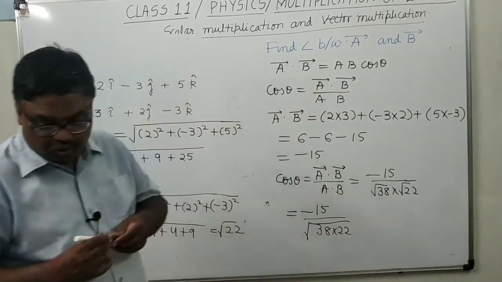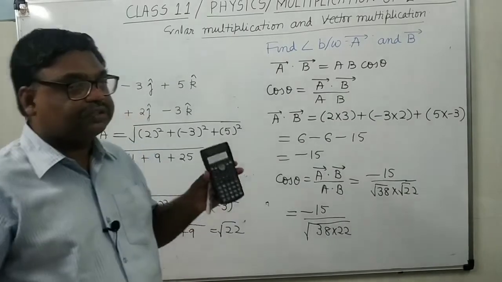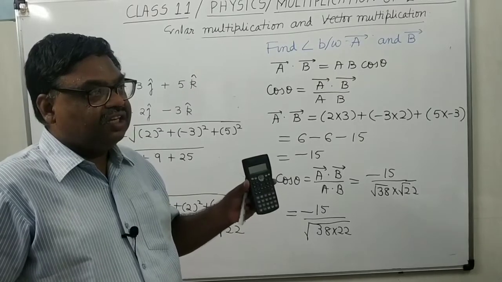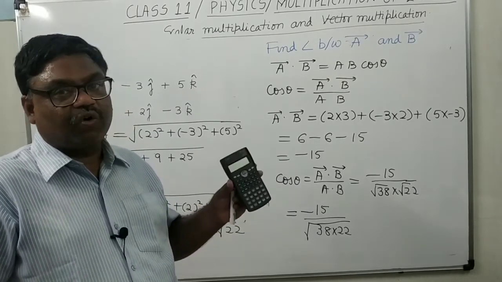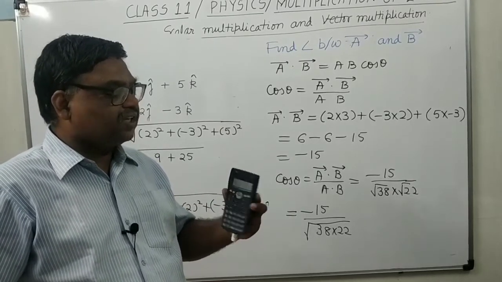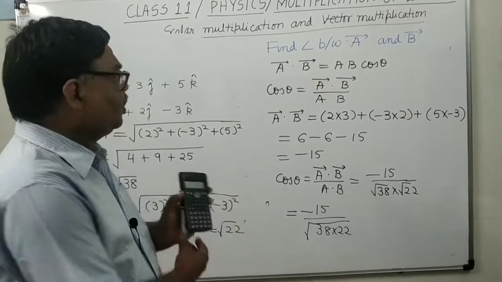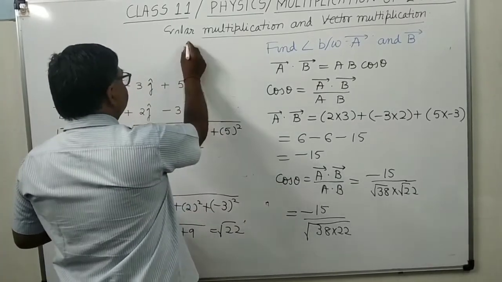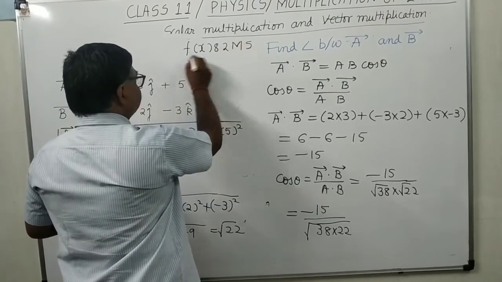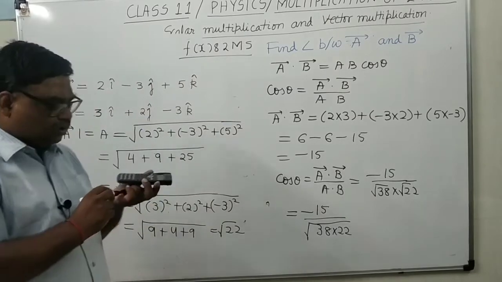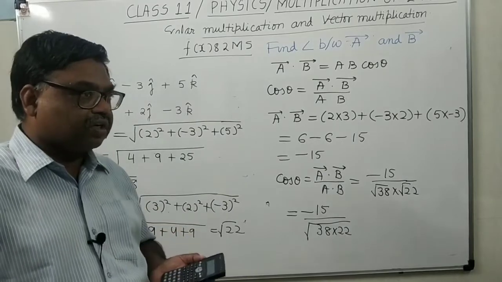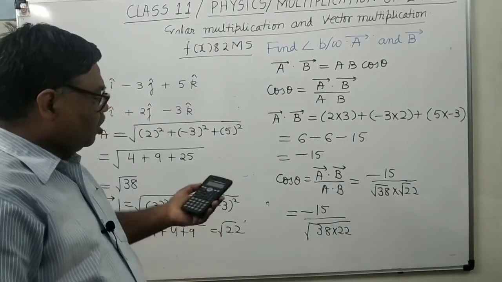so this I am going to do by the calculator, and those who have not purchased a calculator, they must purchase one. It's clear, because in ISC calculators are allowed for the working, but you will purchase this one, FX82MS. This is Casio, or you can purchase any other. This is the 82MS you will purchase, because this is the only allowed calculator. It's clear. So how will you calculate?